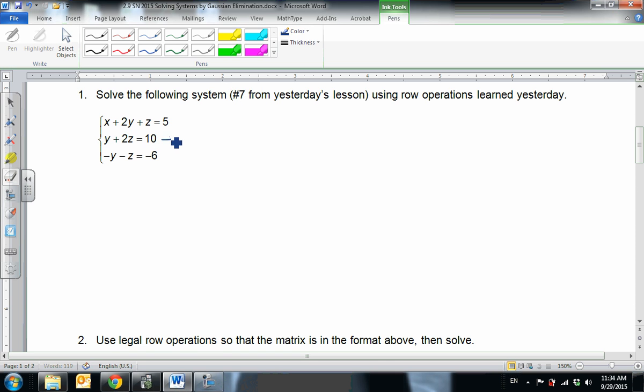How should we rewrite the second equation? 0x plus 1y plus 2z equals 10. And how should I rewrite the third equation? Okay, 0x minus 1y minus 1z